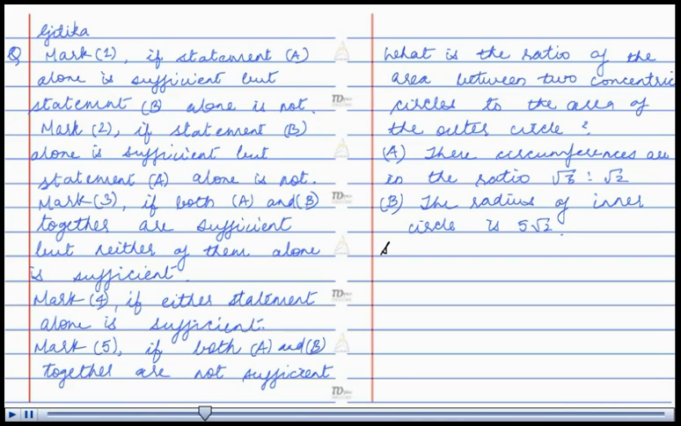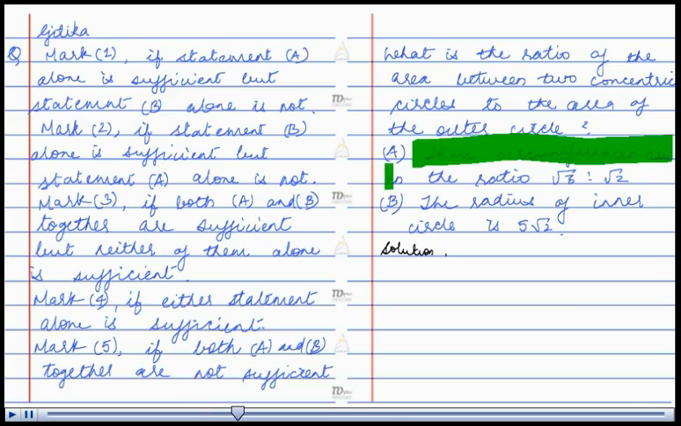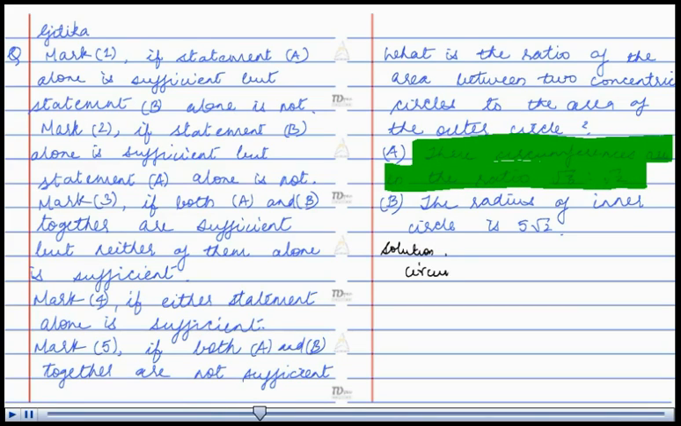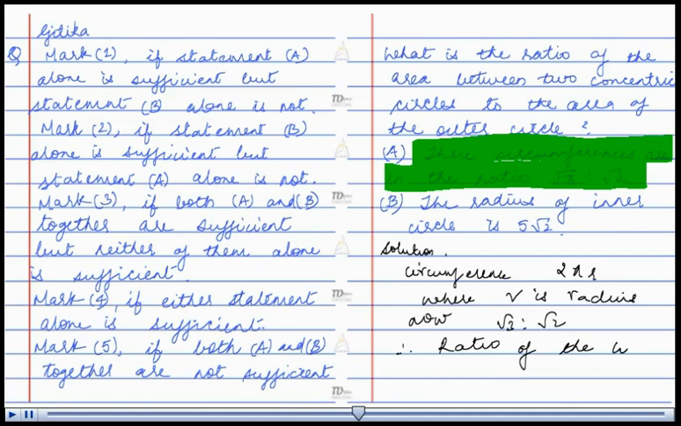Solution. Statement A gives their circumferences are in the ratio √3:√2. Therefore, circumference is defined as 2 pi r, where r is radius. Now, the ratio of circumference is √3:√2. Therefore, ratio of the two circles